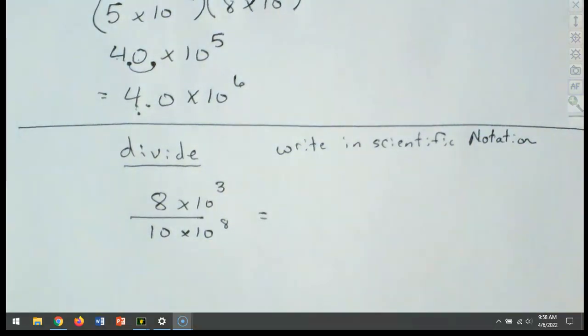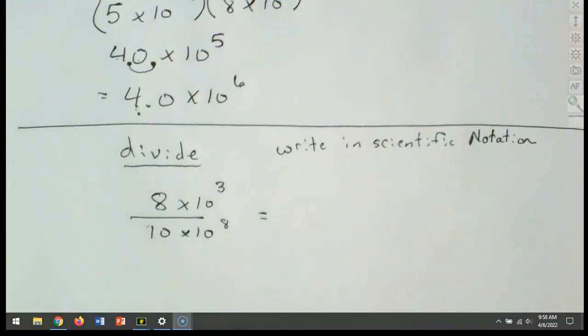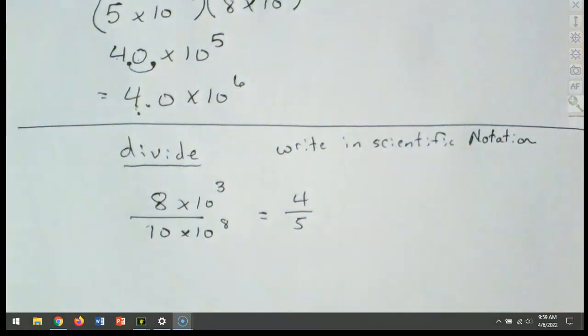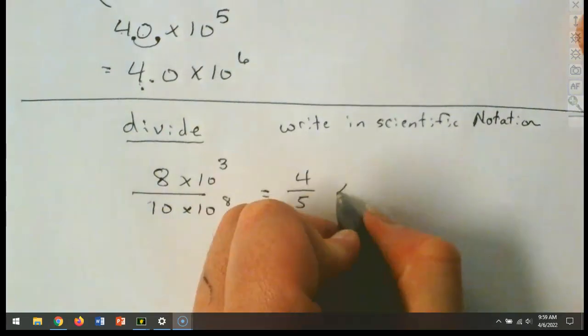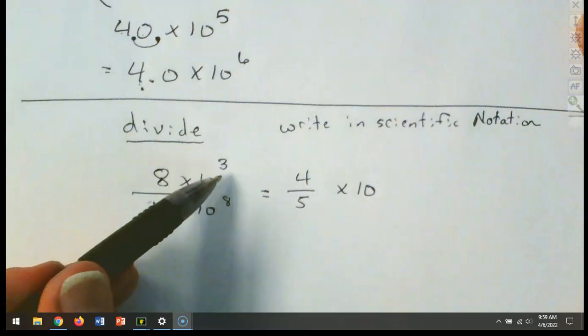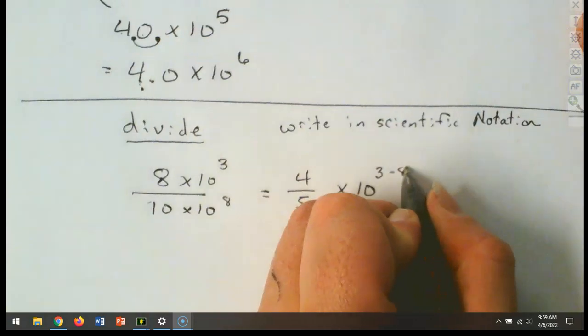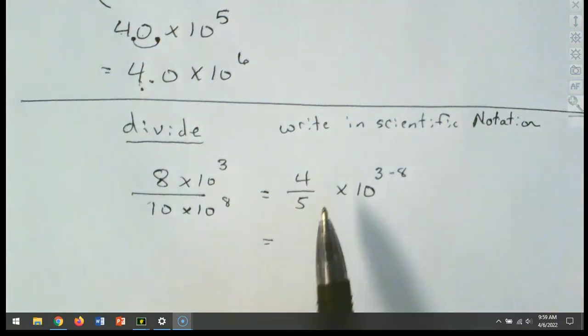First thing we do is we reduce. So 8 divided by 10, that's going to reduce down. Okay, so 8 divided by 10, we can reduce those down. 8 over 10, that looks like that's going to reduce down to be a 4/5. Okay. We'll convert this to the decimal here in a moment, but I'm going to go ahead and reduce it right now. We'll deal with that fraction as a decimal here in a moment. And that's going to be times 10. What happens to my exponents here? We are dividing, so what do? We subtract. So that now comes out to be, we'll take this fraction here and we're going to rewrite it